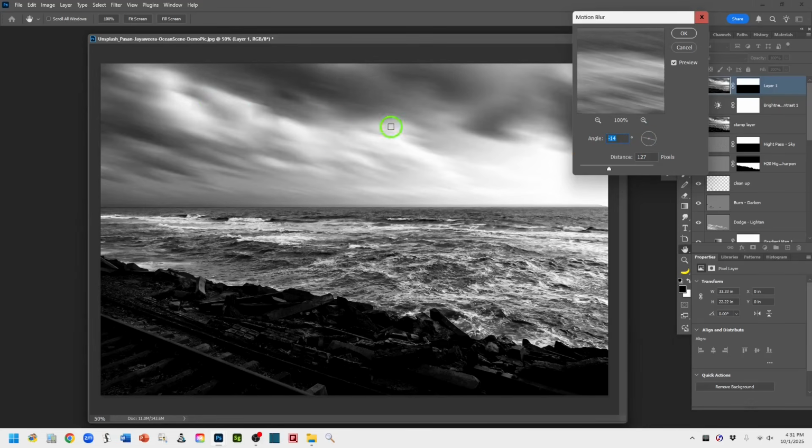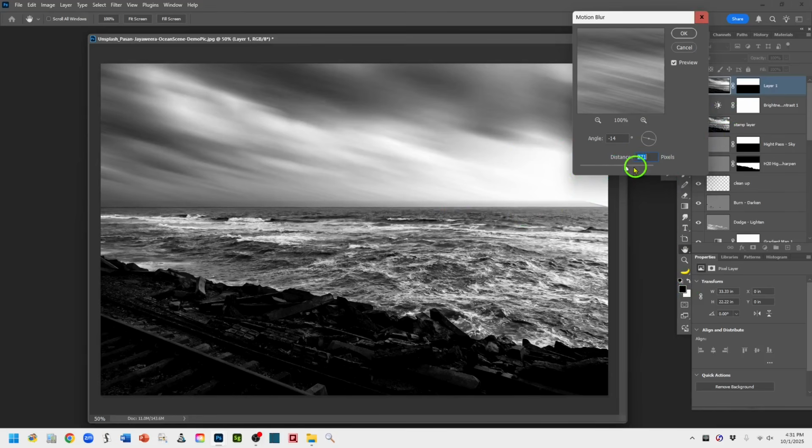So if the clouds are going this way, if you want a sort of surreal look, you could leave it where these are blurred, and you can adjust how blurry it is by this slider here. Okay, so that looks like long exposure, but this clearly isn't long exposure, so this becomes a more surreal kind of look. If you want the whole thing to look long exposure, then again, in different stages, you can select